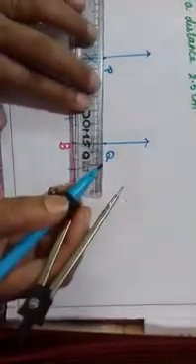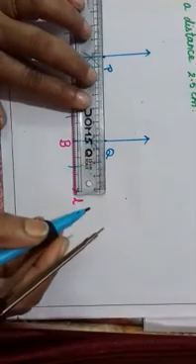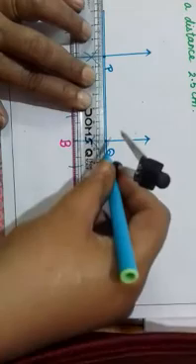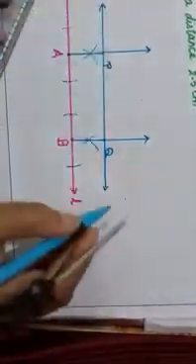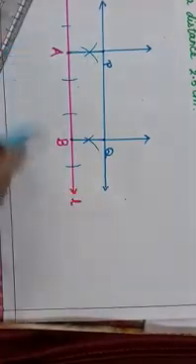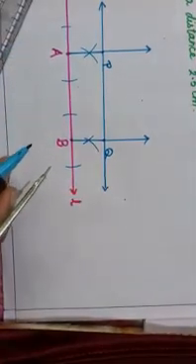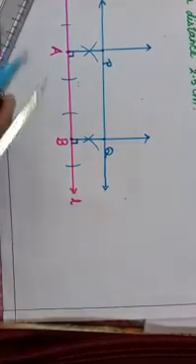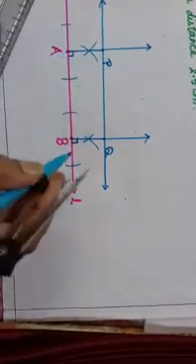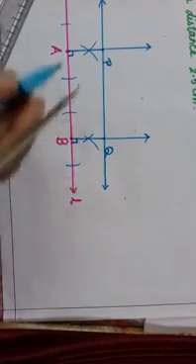Now from P to Q you will have to draw a line PQ which will be parallel to line L. In this way you will join these two dots and draw a line. This line PQ is parallel to line AB. Understood? Now as we have drawn perpendiculars from point A and point B, we will put a perpendicular sign, and we have taken